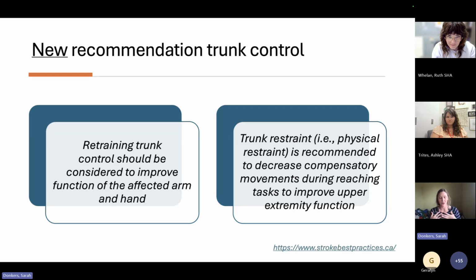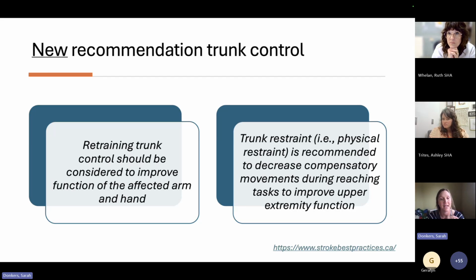So if you're working on someone and you're trying to engage the upper limb or retrain upper limb tasks, we actually have research now to show that if you restrain the trunk, or if you think about trunk posturing, so even taking a tensor and respectfully strapping them to the back of their wheelchair or their chair while you're doing some upper limb movements, that can enhance recovery, because the compensatory drive to take the path of least resistance and move your trunk instead of moving that hemiplegic arm is so strong that it can prevent the learning with the